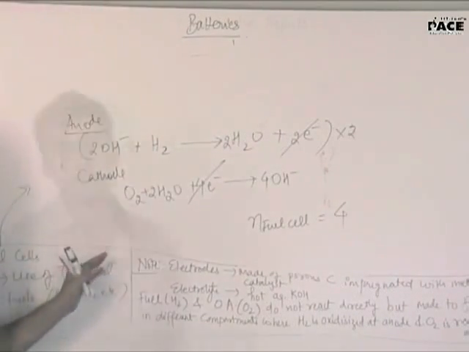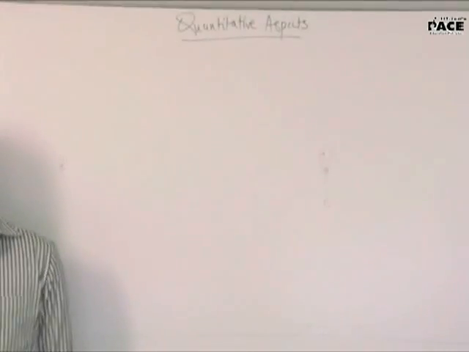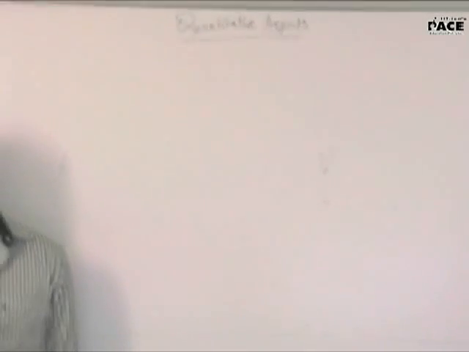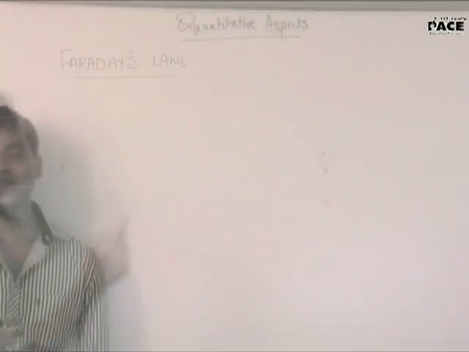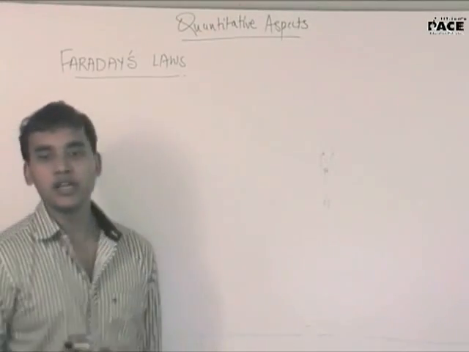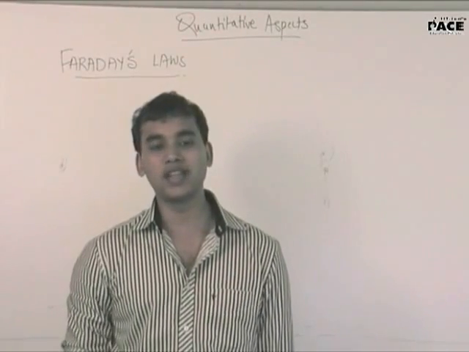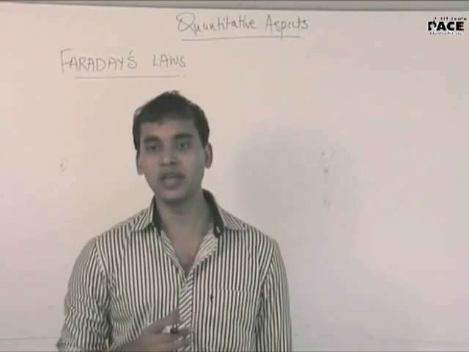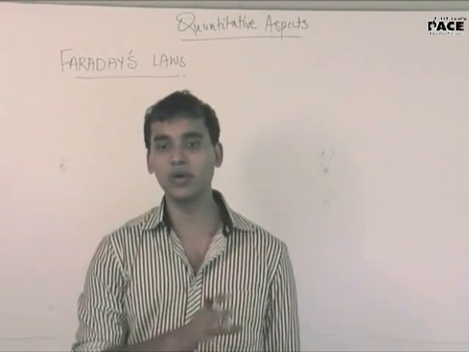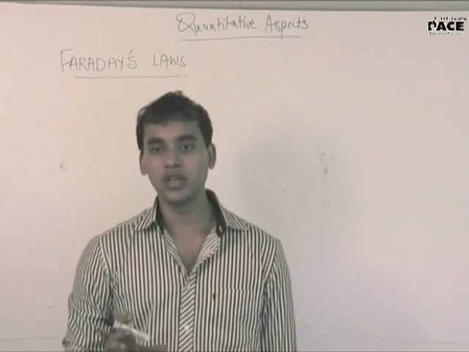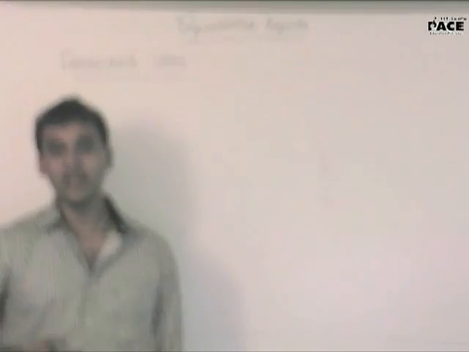Shall I rub this off? See, this part of electrochemistry is relatively much easier than what we have done in the first part of electrochemistry. So what we'll start with is, see, up till now we have not discussed what will be the amount of substance which will be deposited, or how much electricity will be required, or what will be the duration for which this reaction should be continued so that we get this amount of electricity and this amount of current, or if I am given a given source of electrode, after what time will I have to replace it.